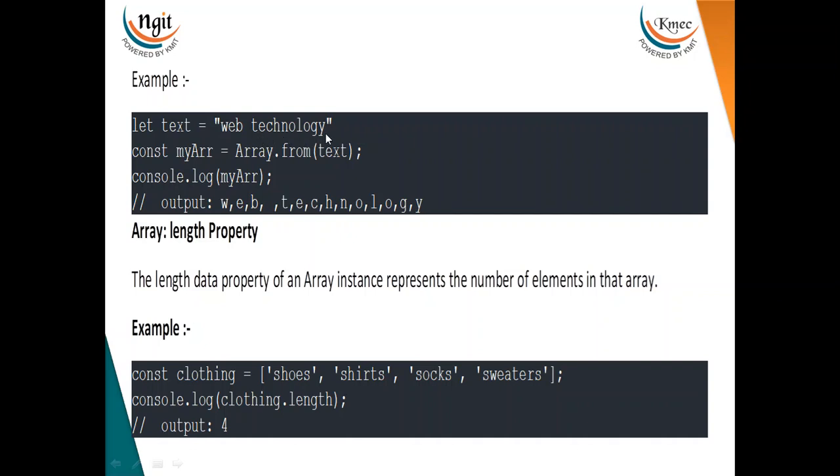Let text equal "web technology". Constant myArray equals Array.from. I'm using this static method here on this variable, on this text. Now the text has been converted into an array. That is, what is given in text is "web technology", and the whole string values are converted into array elements, that is, the letters of "web", the space, and "technology", separated by